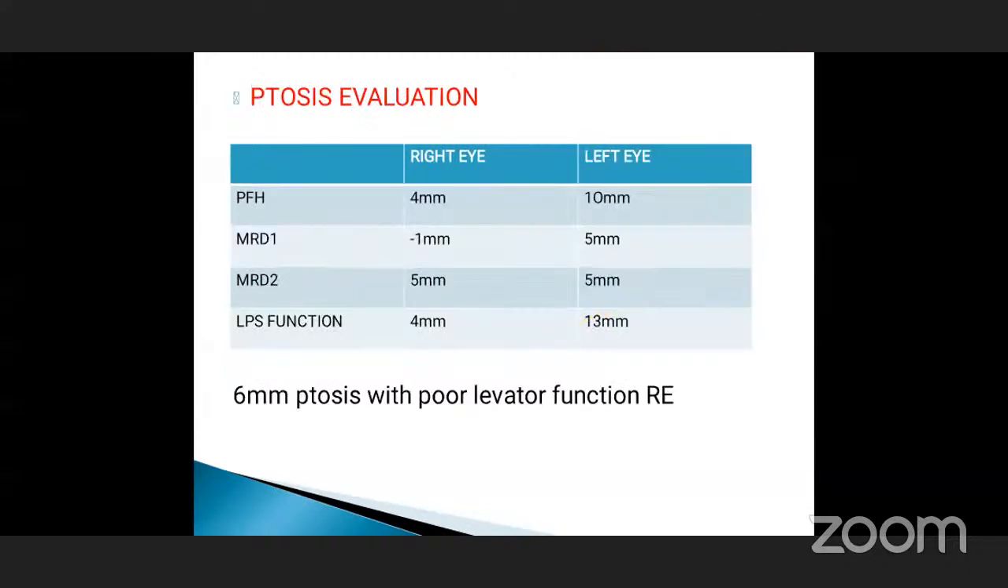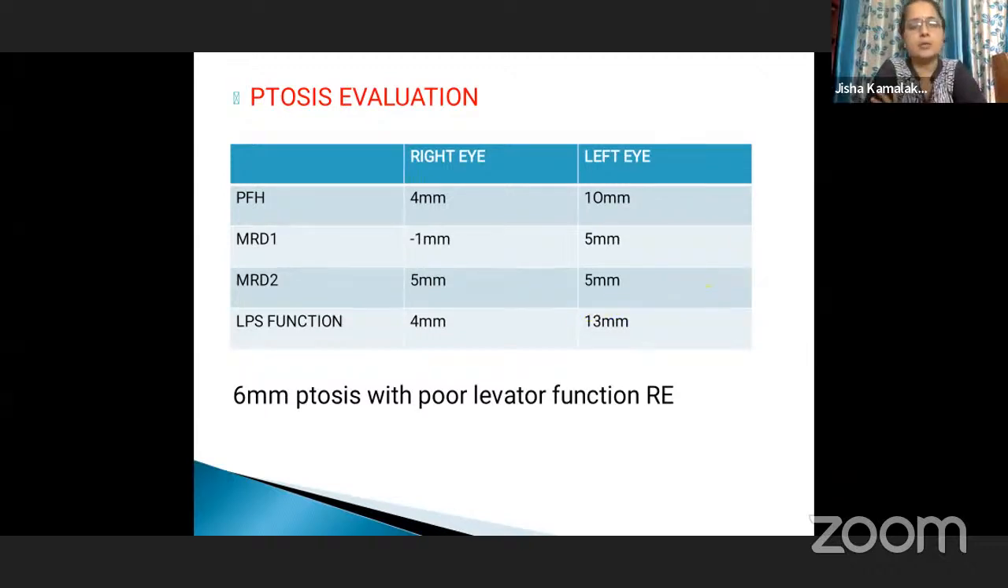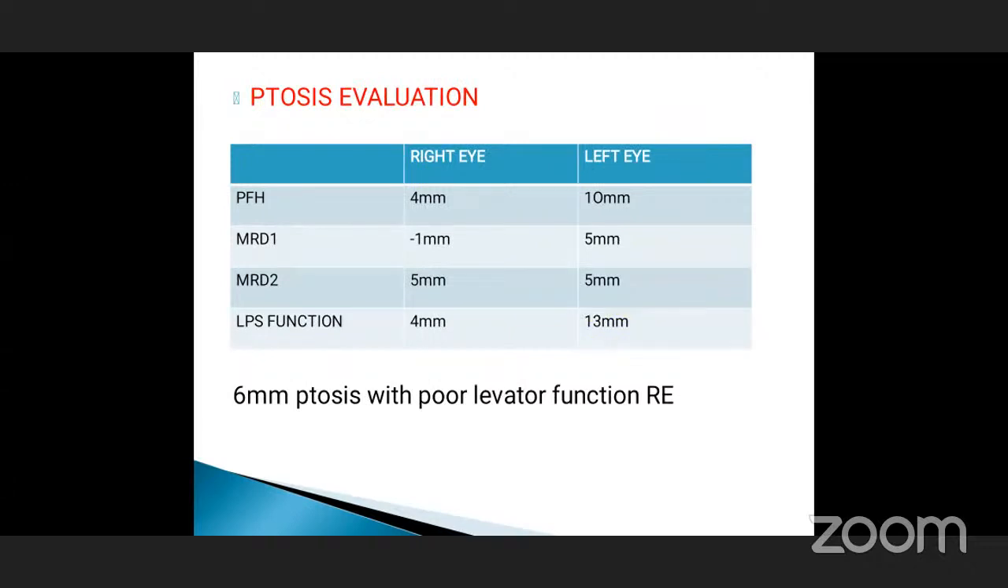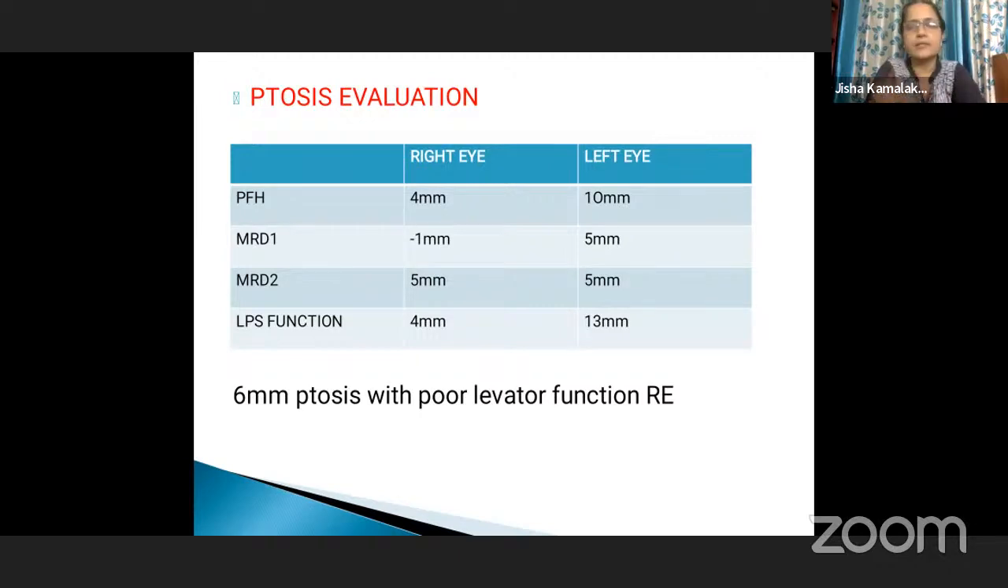Coming to ptosis evaluation, it shows a 6 millimeter ptosis with poor levator function in the right eye. Why did you say it is 6 millimeters? What was the measurement that you took? The margin reflex distance 1 is minus 1 millimeter. What does minus 1 mean? 1 millimeter below the